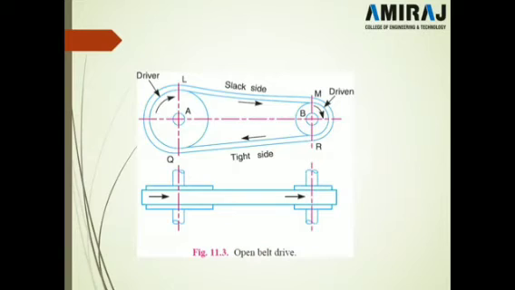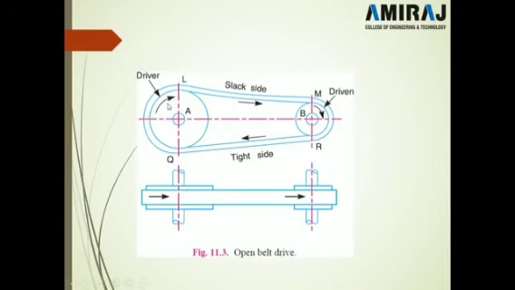The driven pulley is not going to run by itself, but the driver pulley is going to run the driven pulley. So the driver pulley pulls the belt from the driven, and the pulled belt is going to be the bottom side of the belt. This bottom side of the belt is pulled by the driver. So this side is going to be tight, right? No sag will be produced in the belt, so this side is going to be tight.